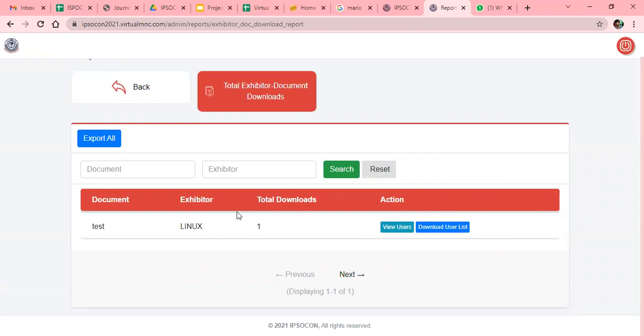Here you can find the list of the delegates. You can download it from export all. It will download to your system in Excel format.